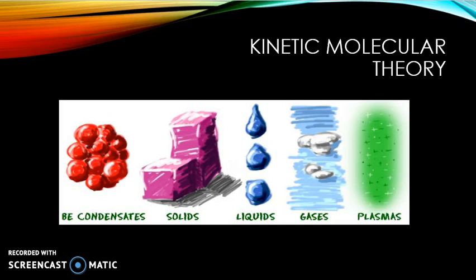Plasmas are kind of interesting. What I want you to imagine is that a plasma, if you can imagine the structure of an atom with the nucleus in the center and then the electron field around the outside, is if the gas particle starts moving so fast that the electron cloud almost can't keep up with the nucleus, and the electron cloud starts to move away from the nucleus, separating itself, so that you end up having an ocean of these disjointed electrons with these positive particles racing around at really top speeds inside of this electron soup. That's essentially what a plasma is.